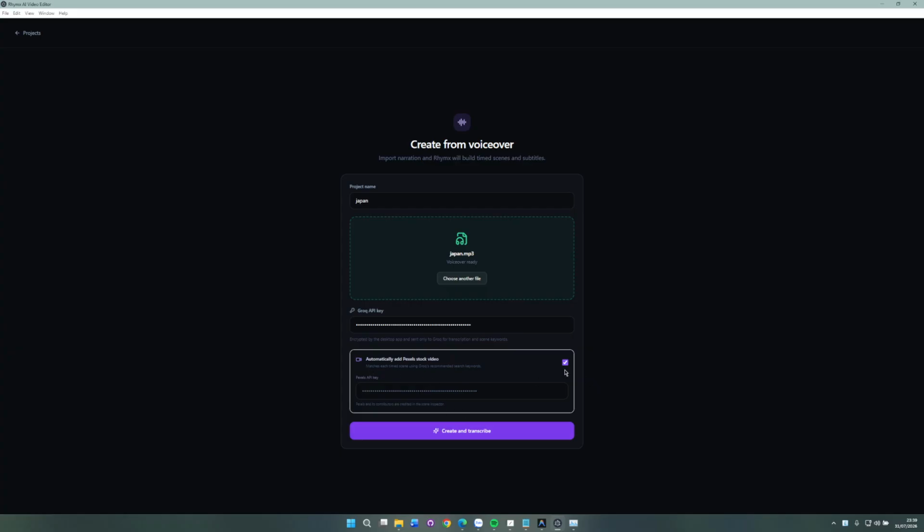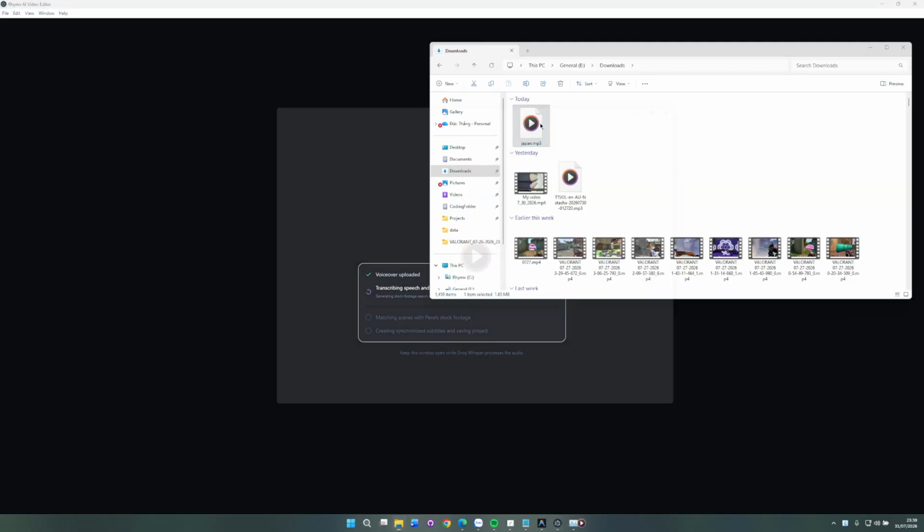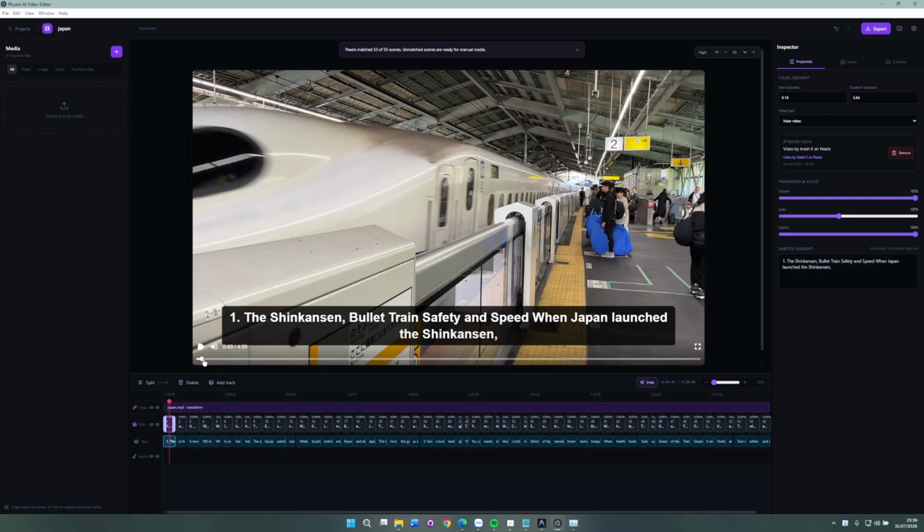so what you want to do here is turn on the automatically add Pexels stock video, and of course you will need a Pexels API key here, and you press create, then transcribe, and it will start processing for you here. Like you can see this one over here. This file is about 5 minutes, and it's the Shinkansen. There it is. This only takes about a minute to process everything for you, from